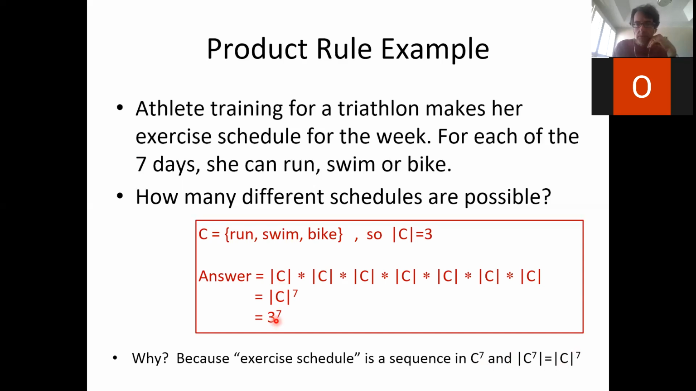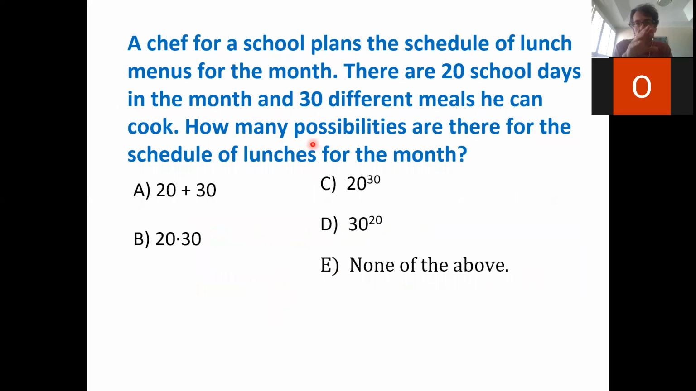Okay. It's the same thing, except that the set happens to be the same for every character you choose. It's chosen from the same set, but the characters are chosen independently. It doesn't matter whether you swam in the past. When you choose what you are doing on the 6th day, you don't care what you have done on the previous 5 or what you are going to do on the 7th. Every choice is possible, right? Okay, so